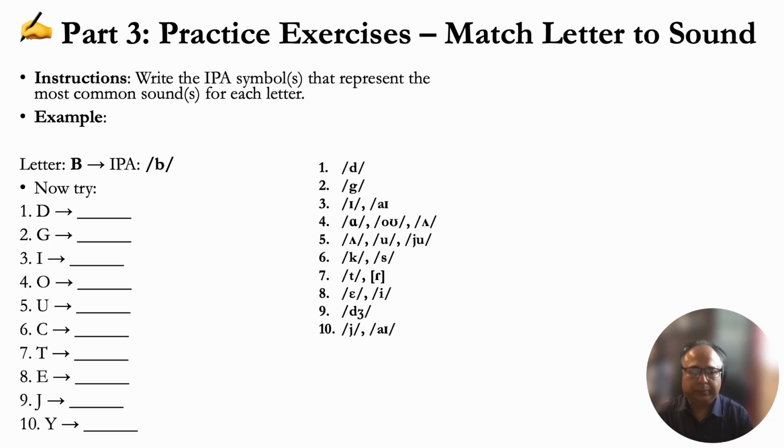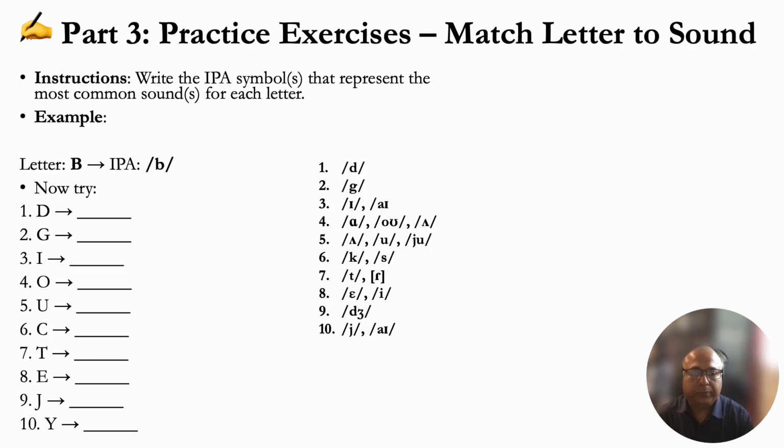Okay, here are the phonemes, so you can match them up. You see, number one is D, D. Number two is G, G. Number three is I, and it's either it or I. And number four is O, and the phonemes are